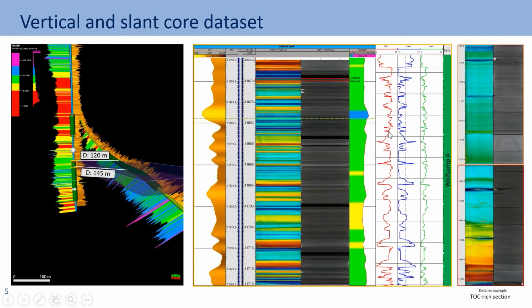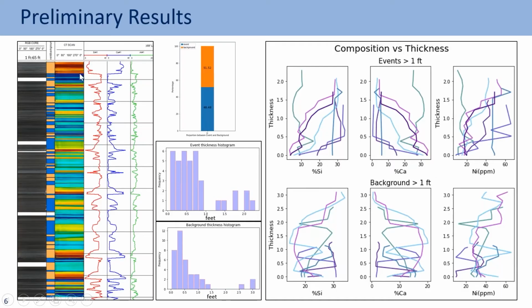So this was more of an overview. Okay, so for this preliminary analysis we have done a discrimination between event and background. As we can see, the events are colored orange and the background is colored blue. We have done the quantification and we have almost 50-50, but it's like 51 for background and almost